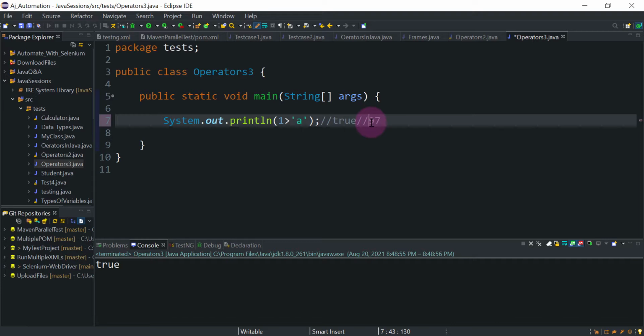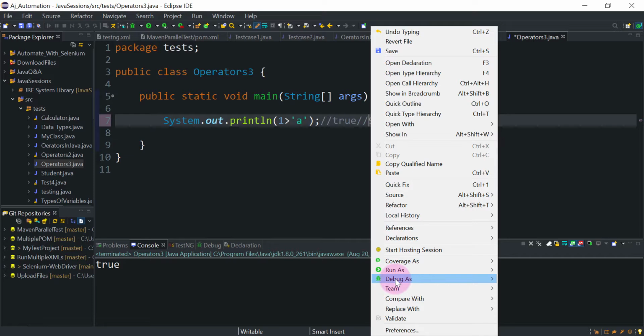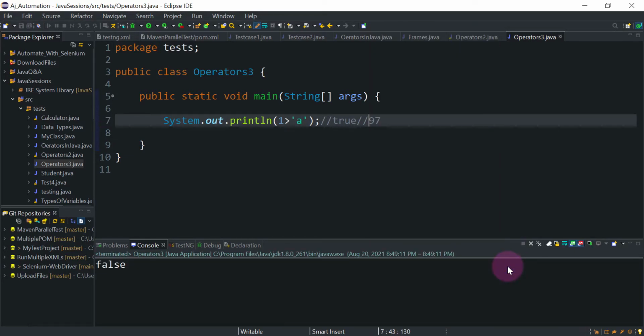So here, 1 greater than 97. 1 is not greater than 97, right? So we should get false. This is how it is converted. The ASCII value for this character a is 97, so 1 is compared with 97, and 1 is less than 97, that's why we got false.